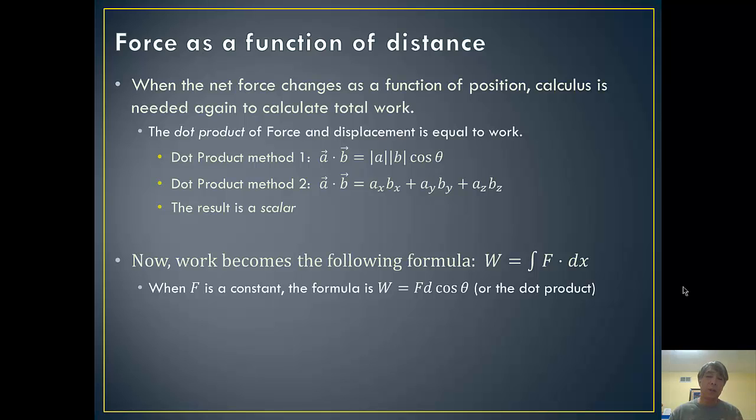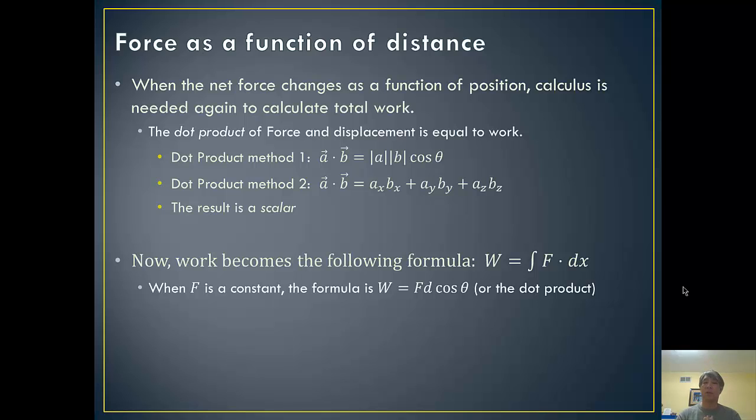But really, all we need to talk about for the dot product is that it's the magnitude of A times the magnitude of B times the cosine theta. So that's where we get the formula F d cosine theta. Whenever you see that cosine theta, you can usually expect to see a dot product involved. When it comes to the cross product, if you see a sine theta,